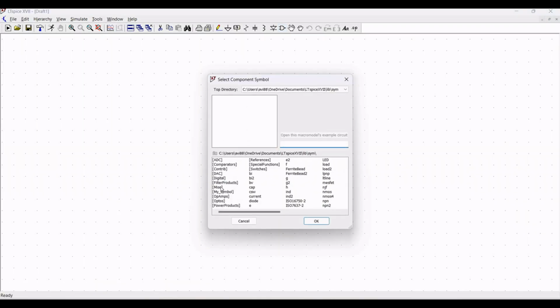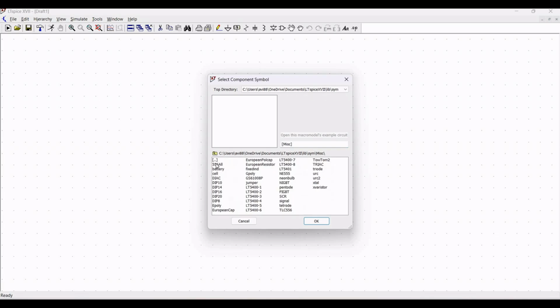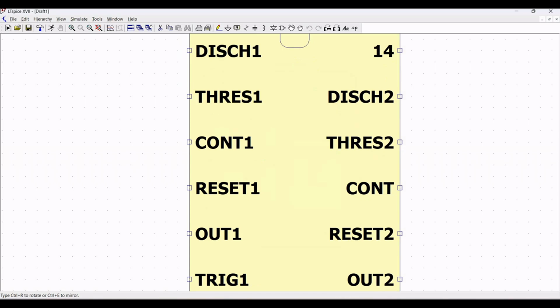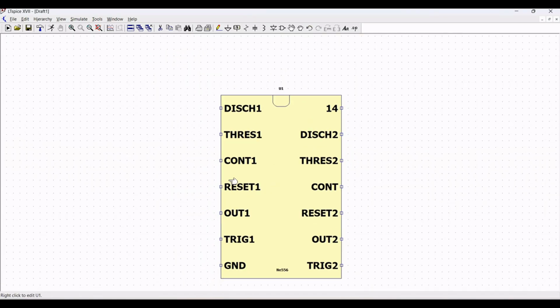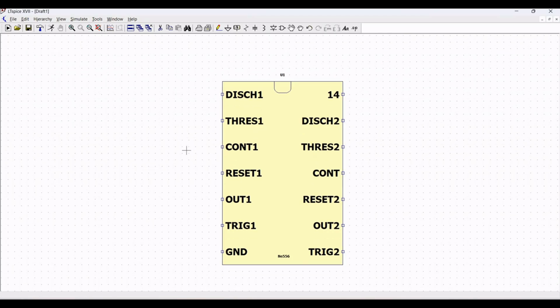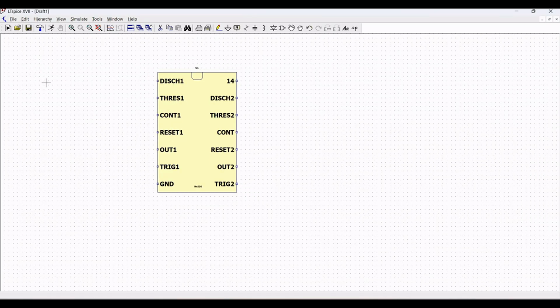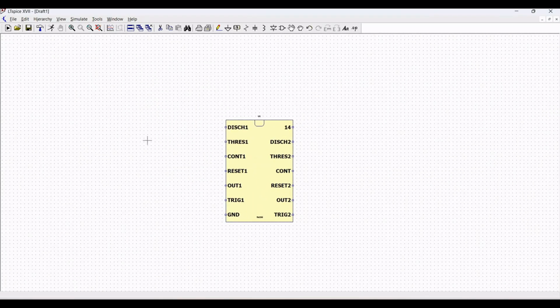Now, let us start the circuit design. Open a new schematic, and for this particular circuit design, we require a 556 timer. So this could be an NE556 timer. In this particular timer, this is basically a combination of two 555 timers. So we use this particular